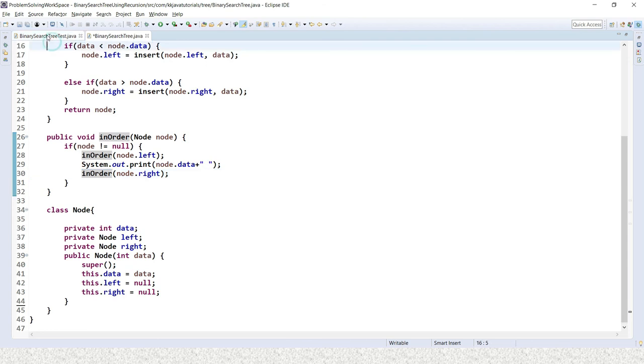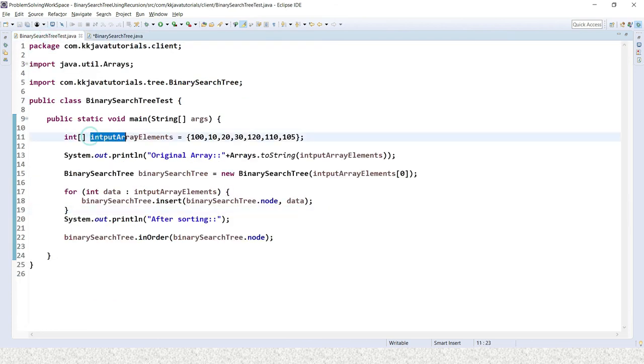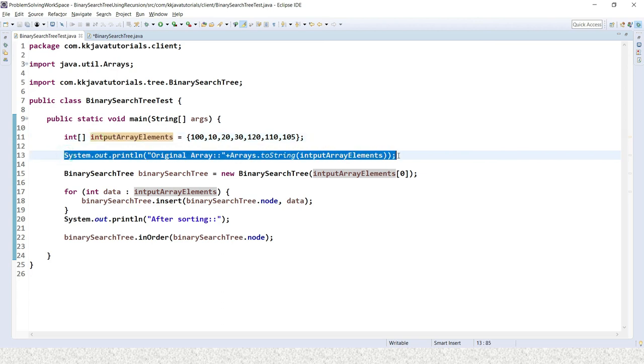And we have a client program. There I have one input array that you can take from the keyboard as well, and that input array I have displayed in the original format.